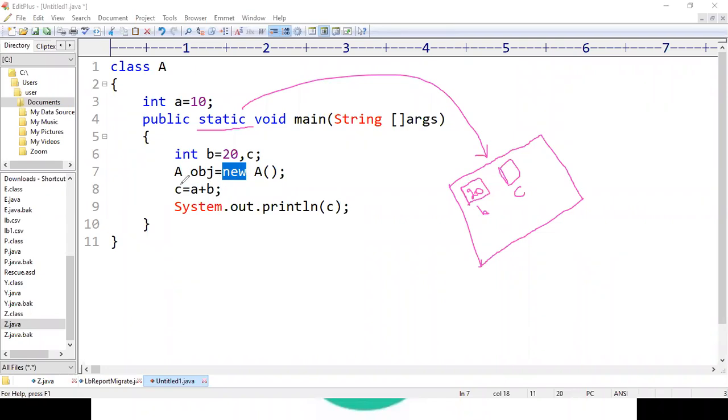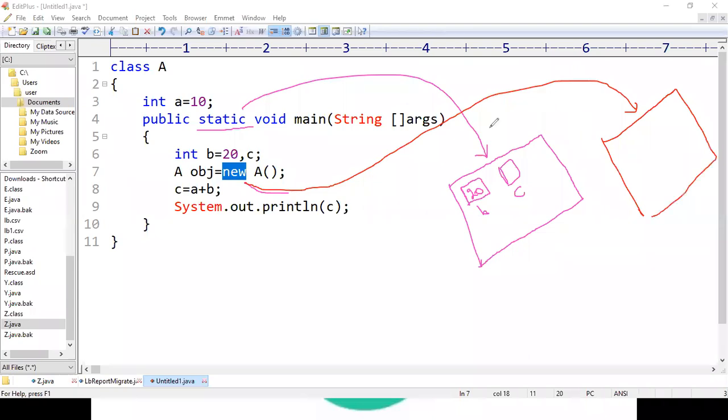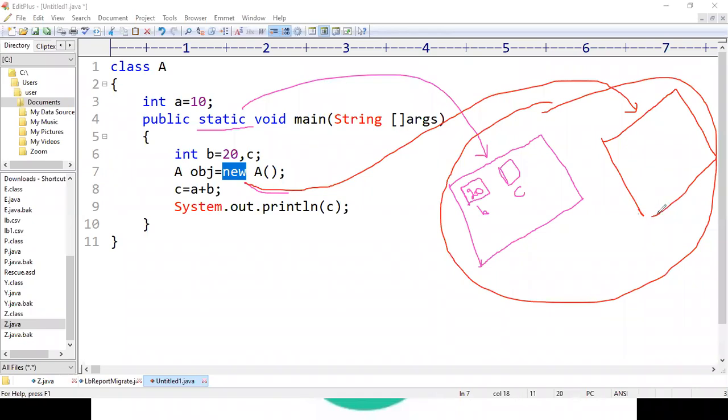And when it is executing the second line, whenever it encounters the new keyword, it is going to create another memory. It is also inside the RAM, all these memories lie inside the RAM only. It is going to bring all the non-static variables and non-static methods of this class.